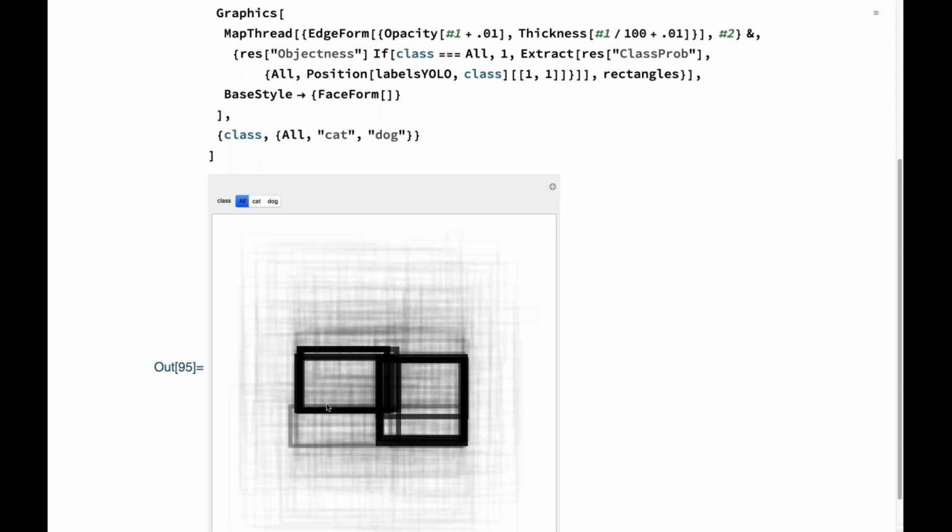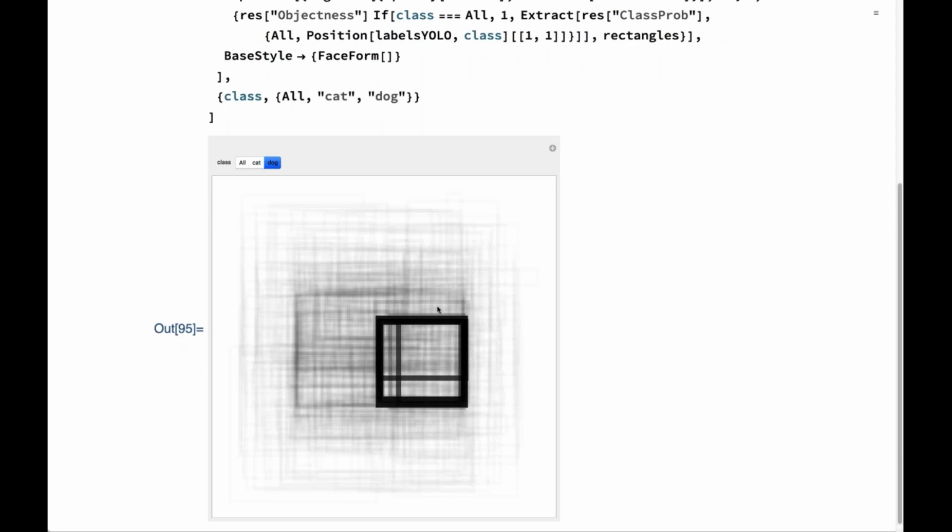But then we have conditional probabilities, so we can check, for example, what is the conditional probability of having a cat in the box. If you remember the original image, the cat was on this side. So all the boxes here now are the ones with the highest probability, and all the others were suppressed. Or we can check for the dog. And again, here we have a different set of boxes that have been highlighted.